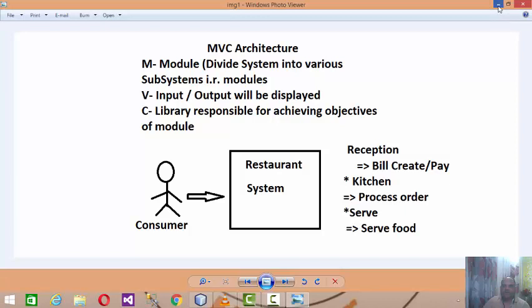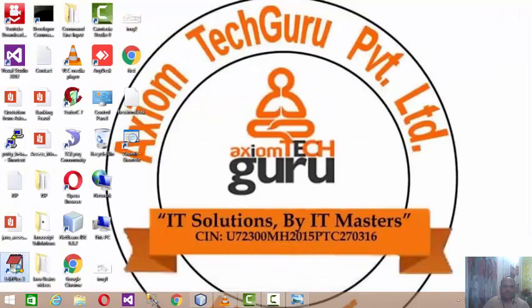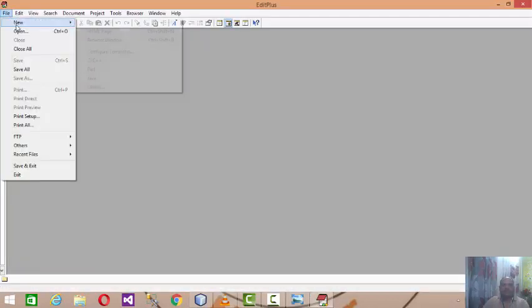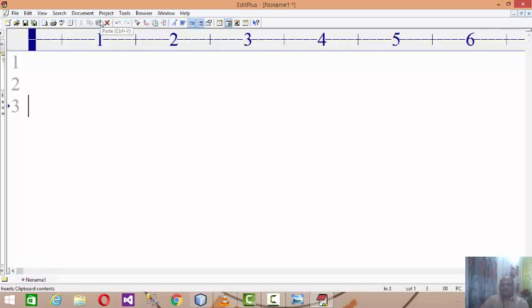before understanding MVC, first of all, we need to understand the term. What is meant by module? Right. As you know, while designing a system, we need to identify various subsystems involved in it.